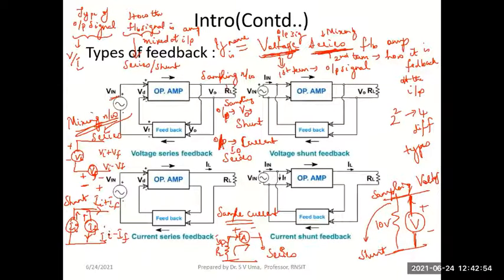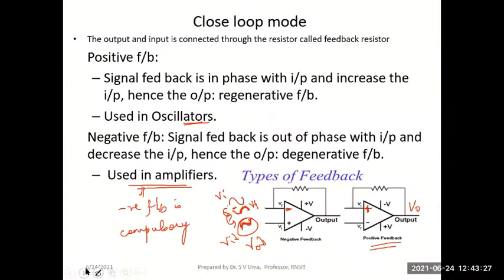Now, with these basics, I have two types of signals and 2 into 2, so 4 different categories of feedback amplifiers. As you can see, the upper one is the voltage series feedback amplifier, the first one. I hope you are able to see. Should I clear out all this, what I have added, or can you make out the circuit? Yes, ma'am.